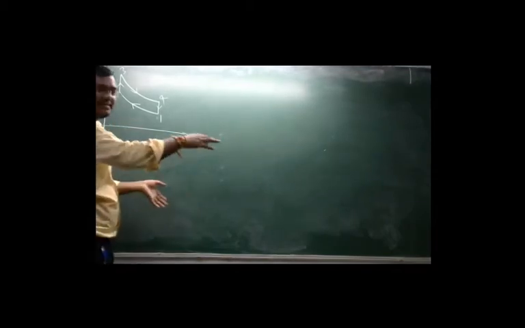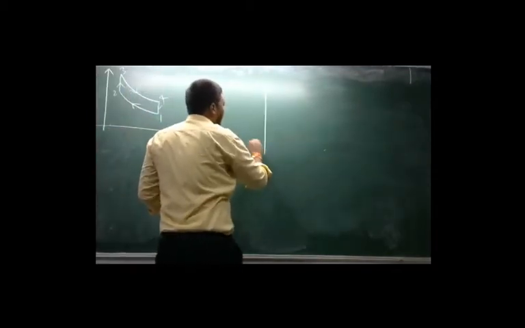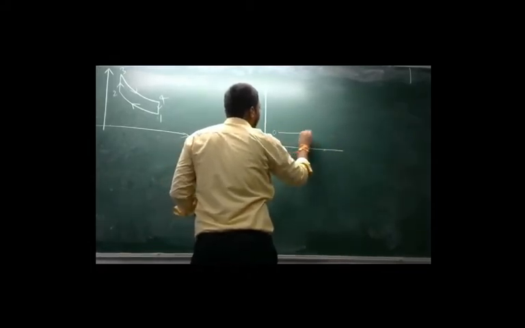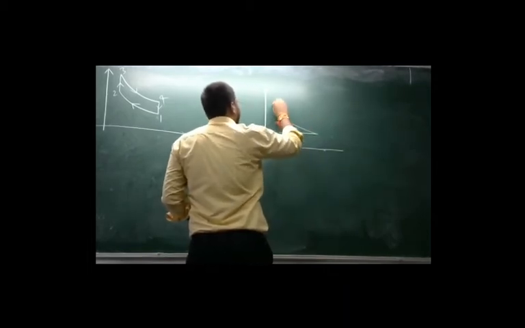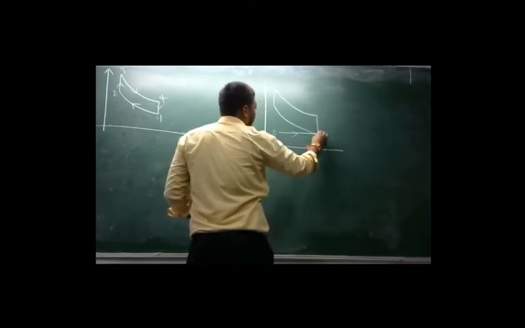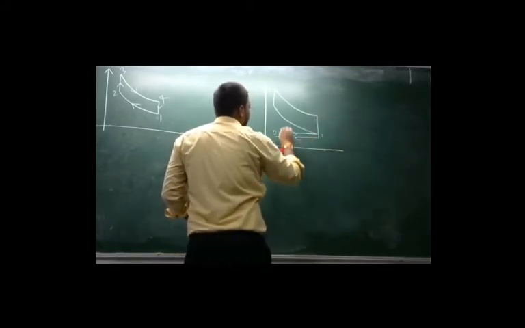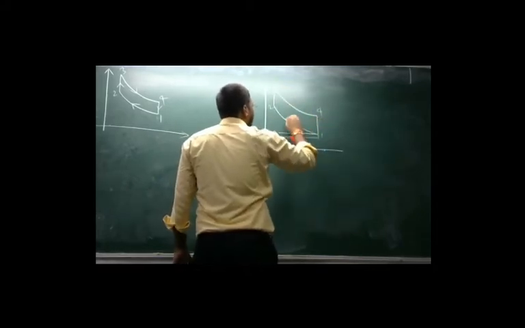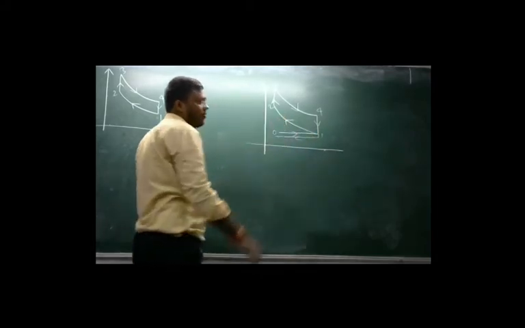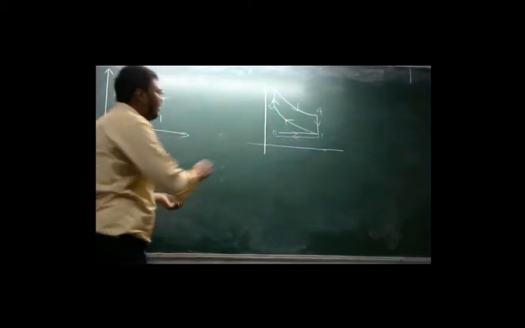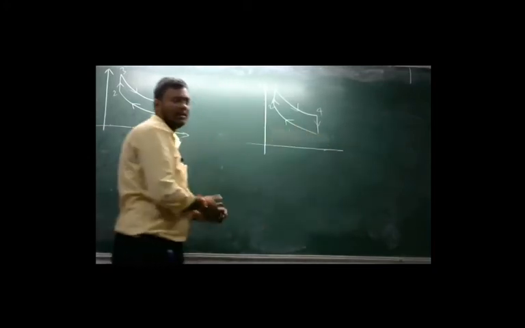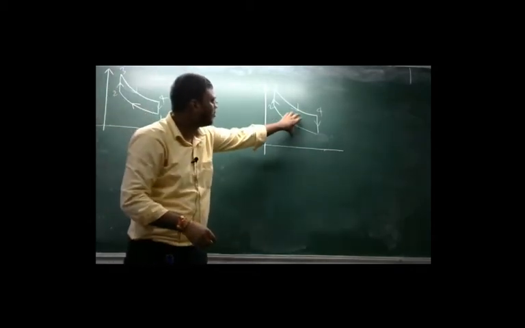Okay. In the previous class the diagram was like this: from 0 to 1 this is suction, then compression, then heat addition, then expansion, then exhaust, heat rejection, or then exhaust. So if you remember, in the previous class the diagram is like this. But in a general way we can also make it like this. We need not show the suction and exhaust process always. Okay. In general you can make this diagram like this also.